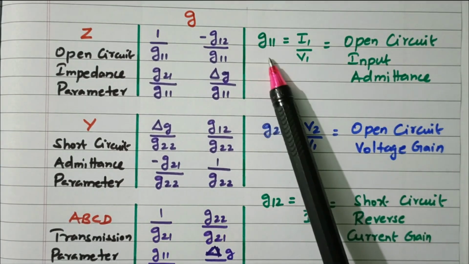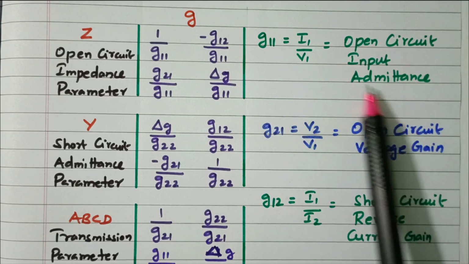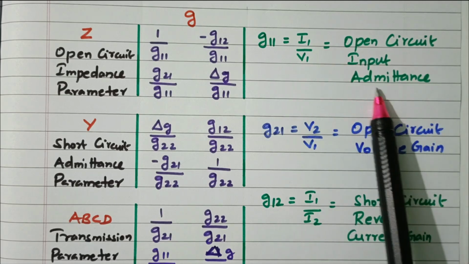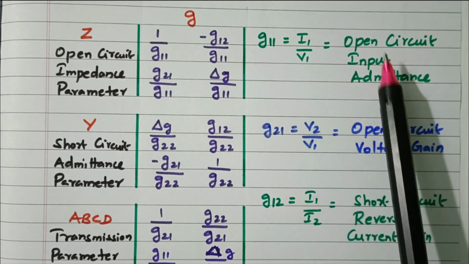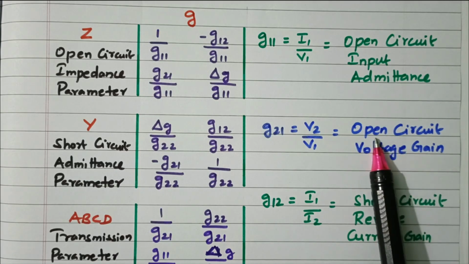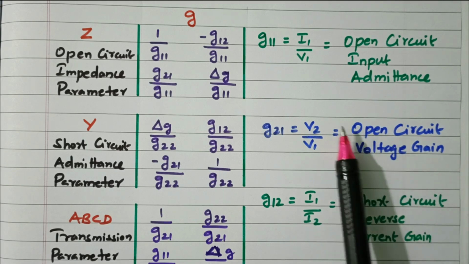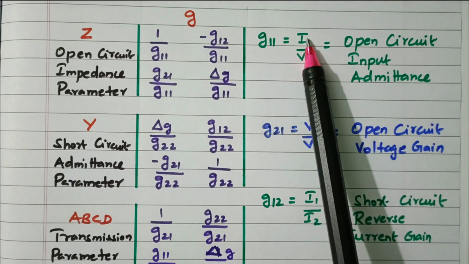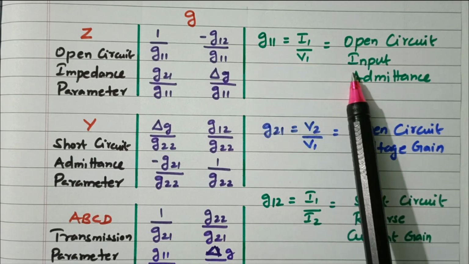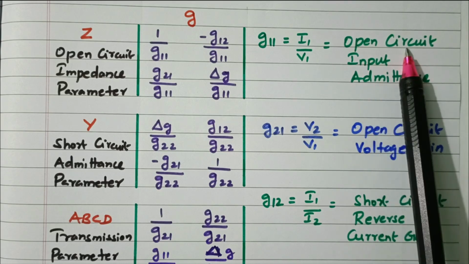First, G11 is I1 by V1, the open circuit input admittance. I by V is called admittance. Both refer to input voltage and input current, so it is the input admittance. The first two parameters have the output port open circuited, and the remaining two parameters are short circuited. So it is called hybrid and inverse hybrid, as both short circuit and open circuit are available. So I1 by V1, 1 refers to the input side, I by V refers to admittance, and the first two parameters come under open